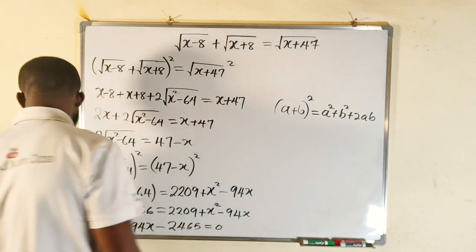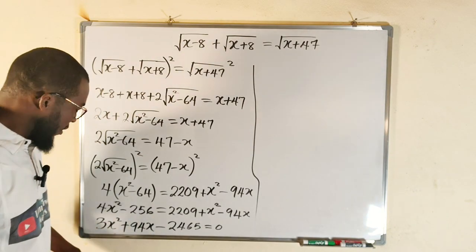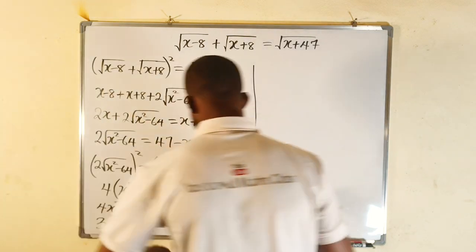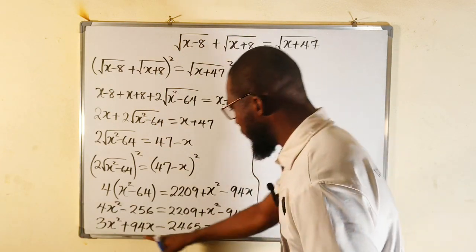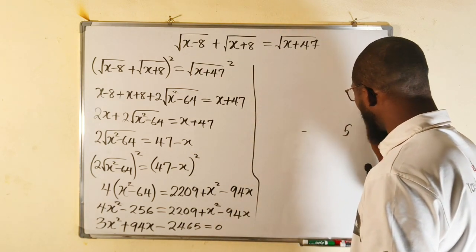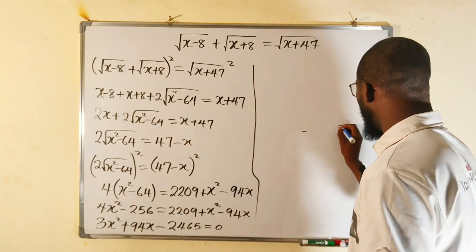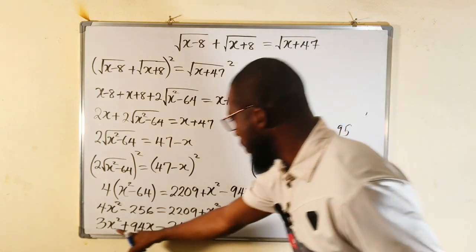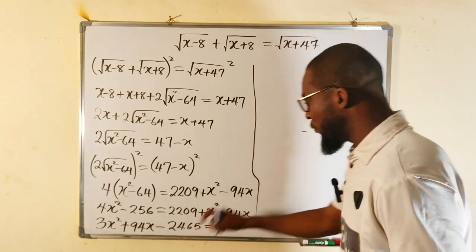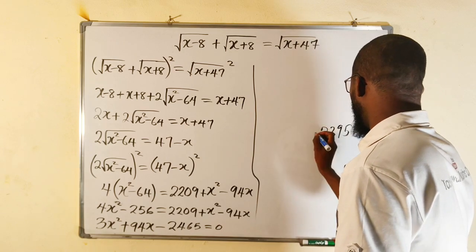Let me see if it is factorable. To factorize it, you take the leading coefficient and multiply by the constant term. The constant is negative, so we attach negative. 3 times 5 is 15. We write 5, we carry 1. 3 times 6 is 18, plus 1, we have 19. We still have 1 left. 3 times 4 is 12, plus 1 is 13. We still have 1 left. 3 times 2 is 6, plus 1 is 7. So we have minus